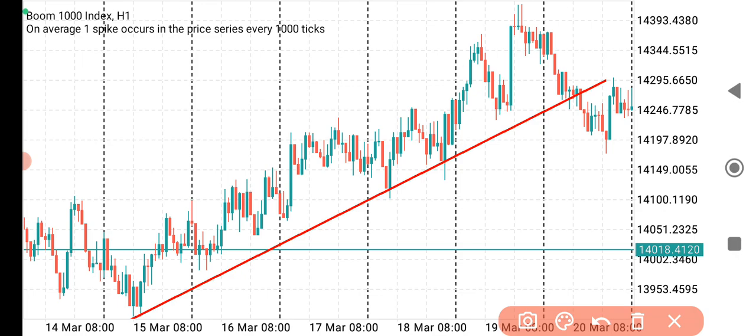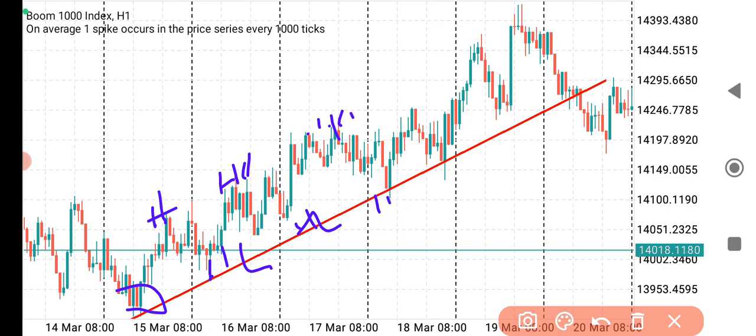For example, on this chart you can see that we are in an uptrend because the market is making a series of a low, a high, and it's making a higher low, higher high, higher low, higher high, higher low, higher high, which gives us an uptrend. And if you go through our previous video,